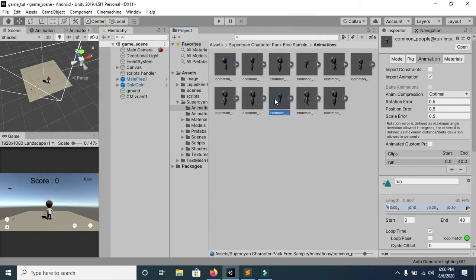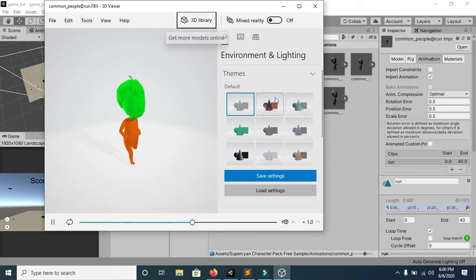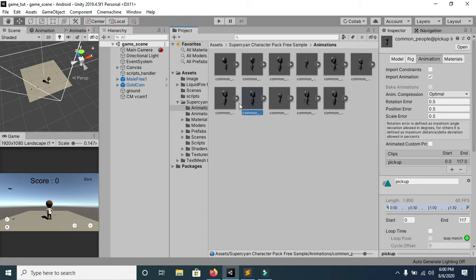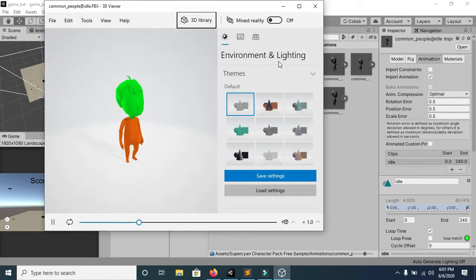Here I can show you, this is the running movement. This animation is for the running movement of a player. And if our player is standing idle, then we have an idle animation.